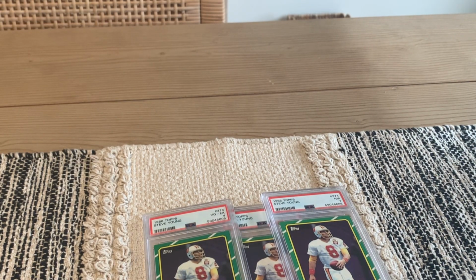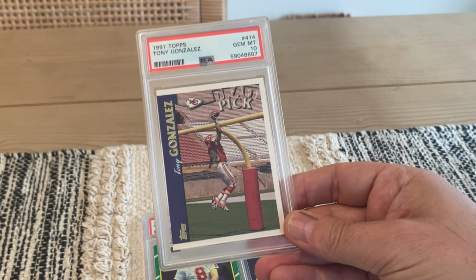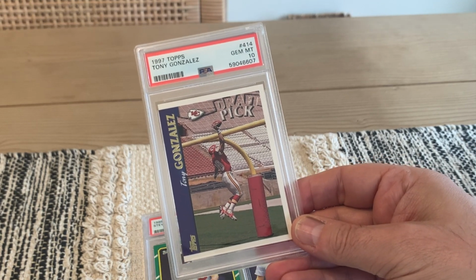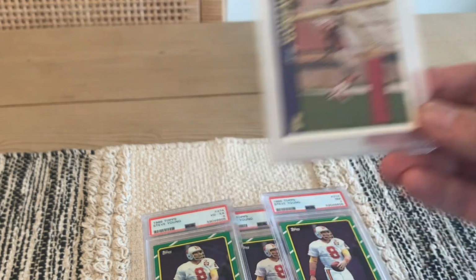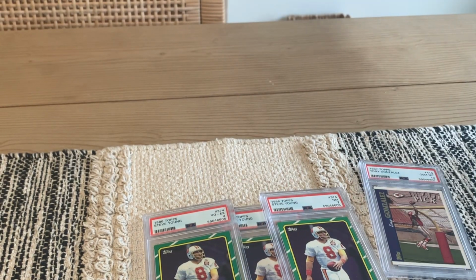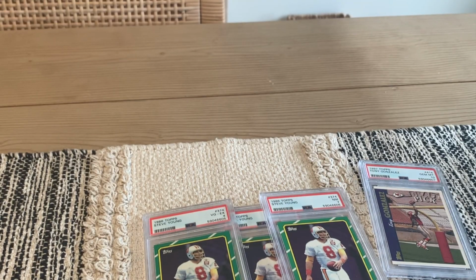And last but not least, boom, 1997 Topps draft pick rookie Tony Gonzalez in a gem mint 10. I thank you for sticking with me, and I only have one more PSA order coming back, and it's on its way, so I'm not going to have anything else to show you for a while, other than